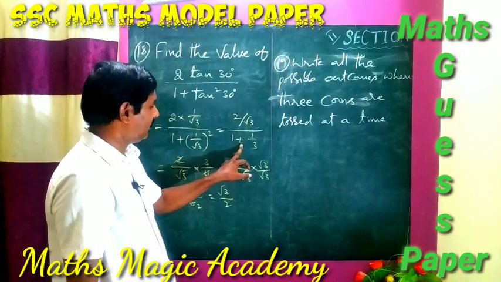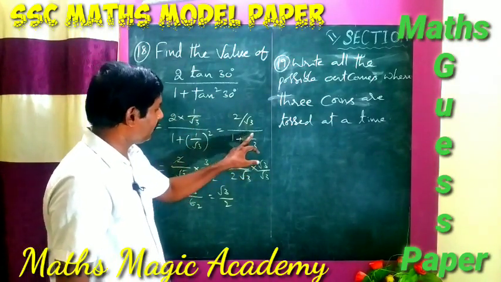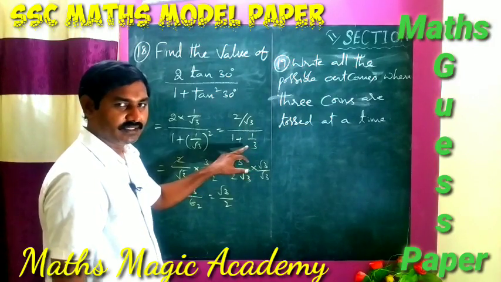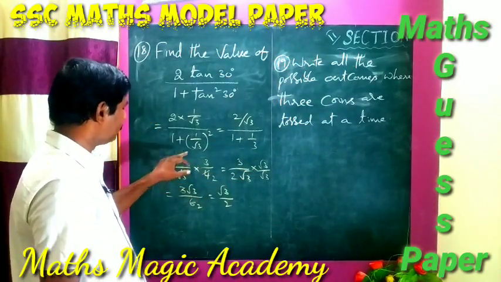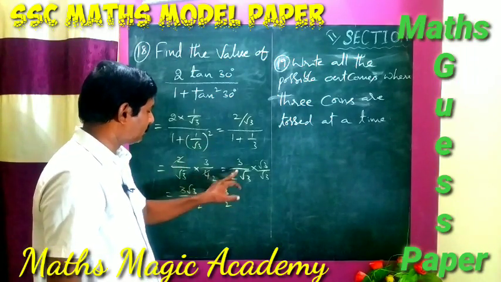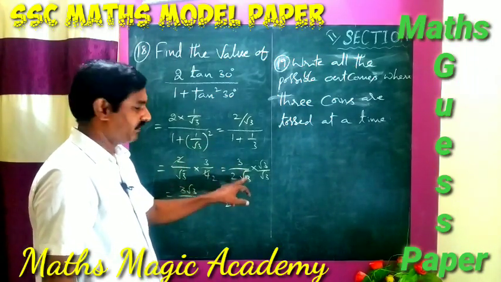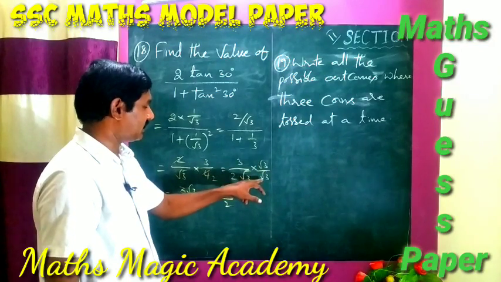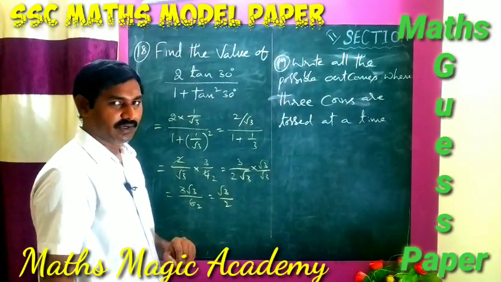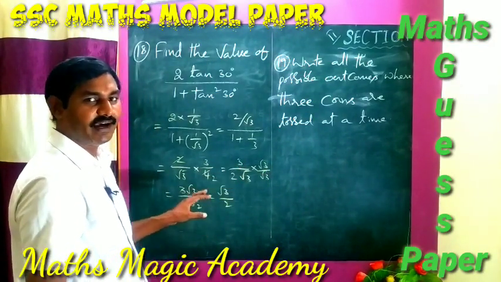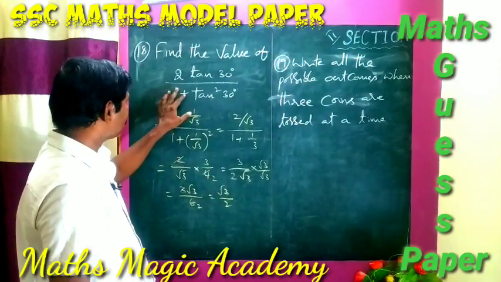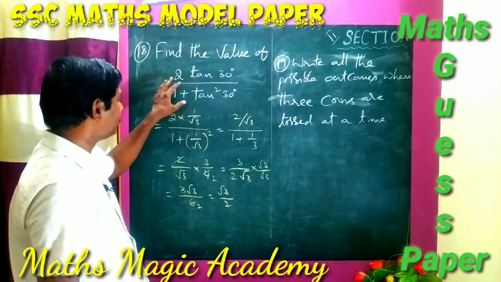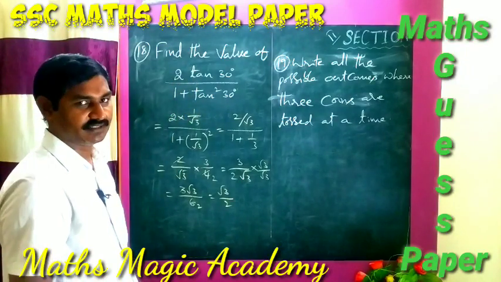Here minus will come. That means 3 ones are 3, 3 minus 1 is 2, 2 by 3. It is 2 by 3, that means it is 3 by 2. The 2 gets cancelled, that is 3 by root 3. Except this 2, 3 by root 3 will come. If it is 3 by root 3, if you do rationalization, what will you get? Root 3. What is the root 3 value? It is tan 60. Understood? Like that, sometimes the questions are changed and given in the examinations.